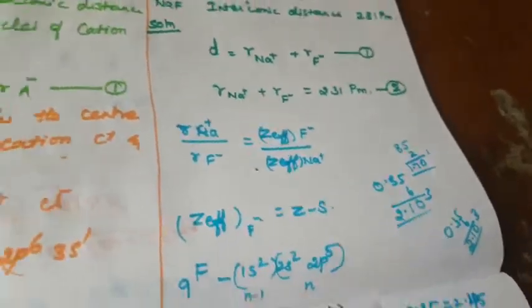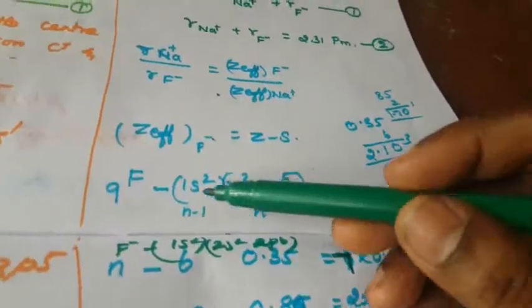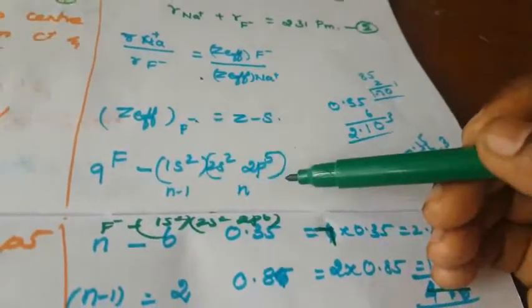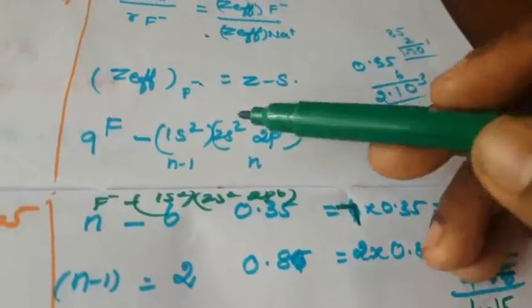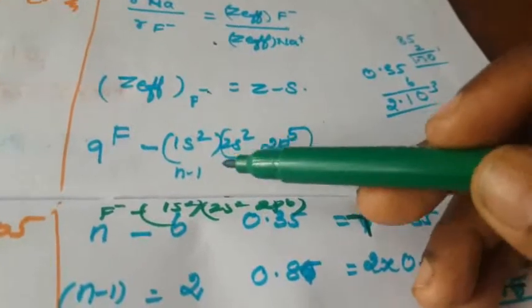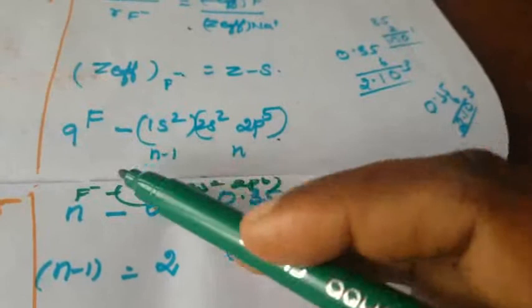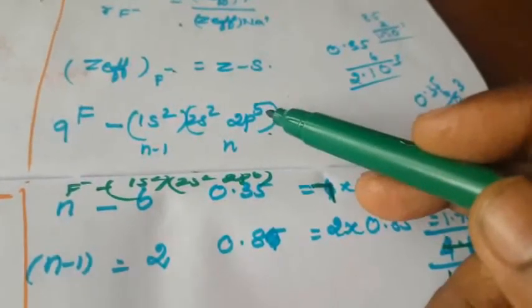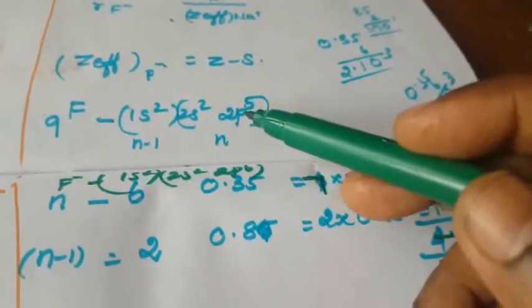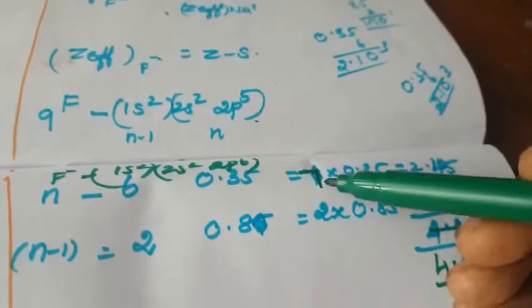First you have to calculate the F minus ion. How to calculate? This is the way I am writing here, but in your book they are not given. So this is the way they are calculating that. For the nth shell, N minus 1, we just use the Slater rule. But F minus means you are adding one more electron. So totally 8 electrons. The last electron leaving means remaining 7 electrons.